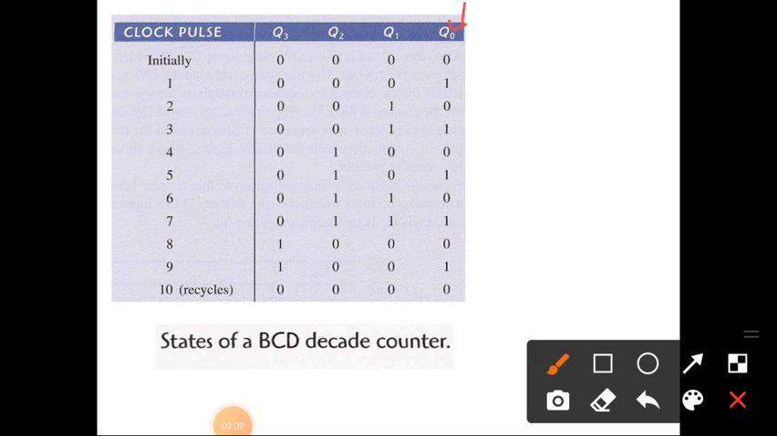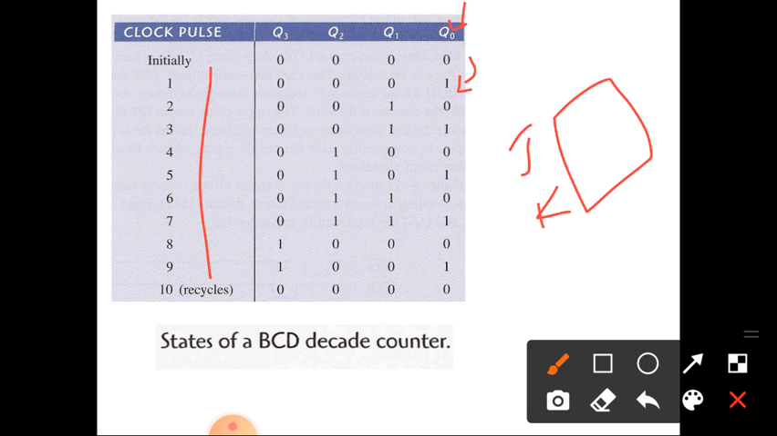Q0. In Q0, we know that the Q0 output changes every clock pulse. So the J and K inputs of the first flip-flop are connected to 1. So it complements or toggles every clock pulse. So Q0 changes in every clock pulse, from 0 to 1, then again 1 to 0. So the JK value for that flip-flop will be 1. Then next, when will